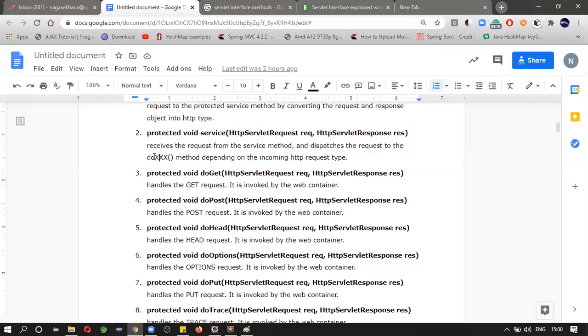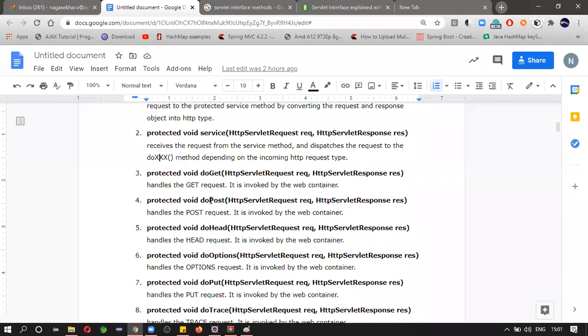You can change the method names here: doPut, doPost, doGet, doDelete, doTrace. So it will pass that request to these methods, depending upon the incoming request type.